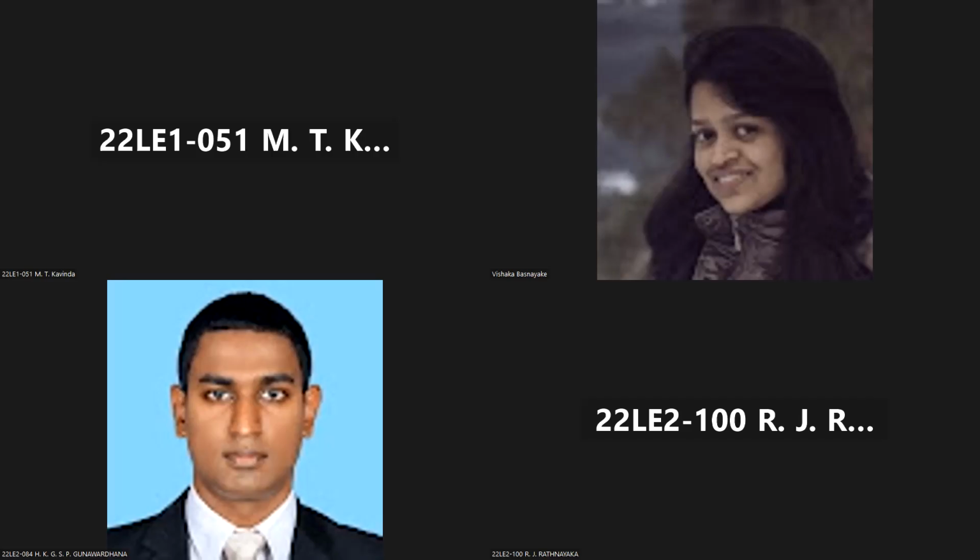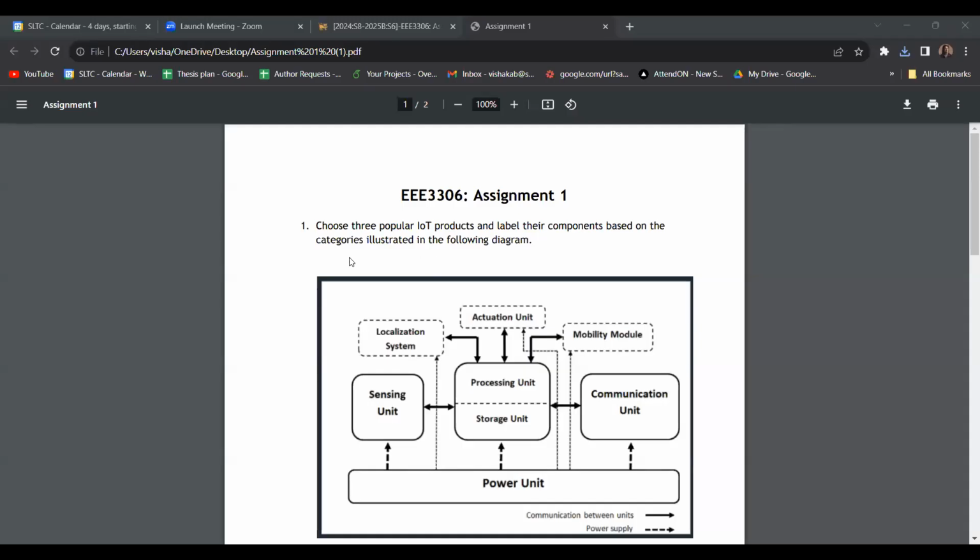So I think this is about trying to label the different units that are in a certain IoT product, for example. What is the thing that you can't understand? When we search certain products, we can't find things like the processing unit, or whether they have storage, and the Wi-Fi connection is mentioned in almost all the products.